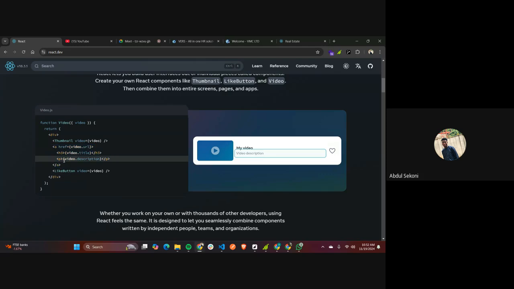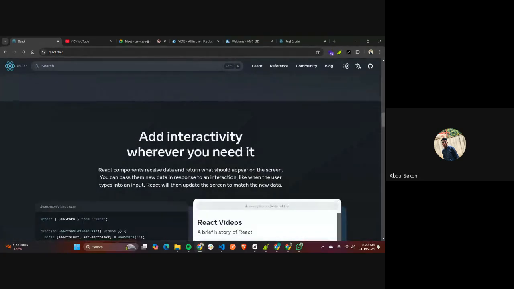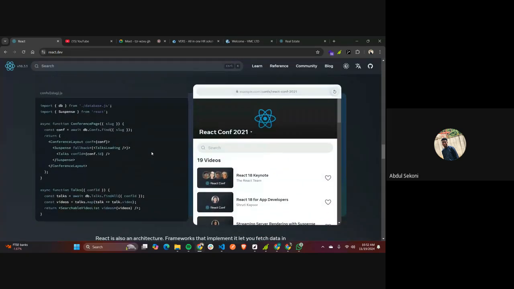In this example, they did not break the H3 out into a separate component just to show my video. No, it is just rendering a text. You don't need something as complex as that for that. You can just write it basically inside of it. So that is just an example of what